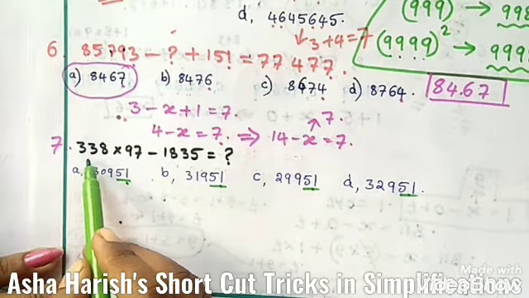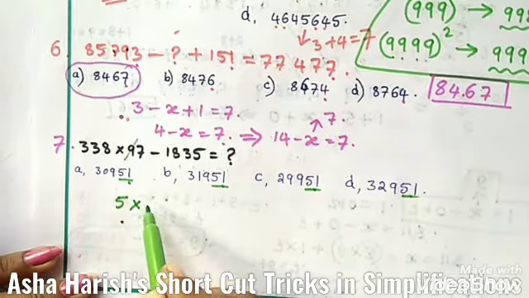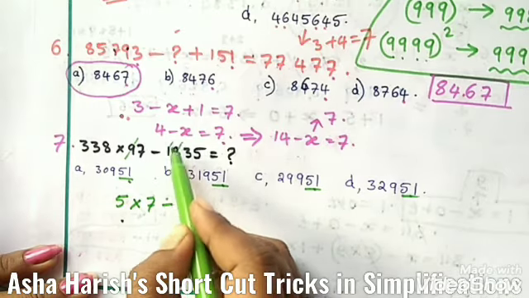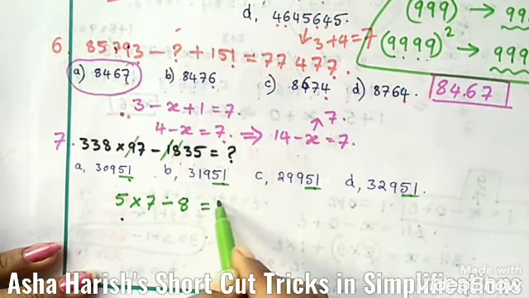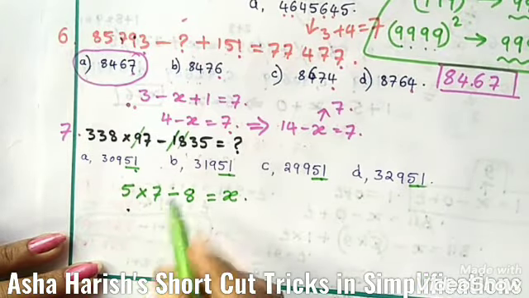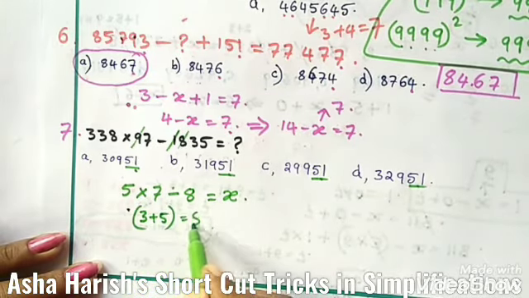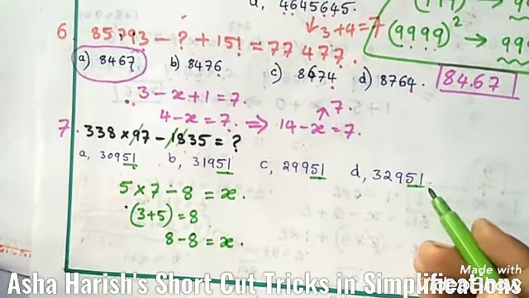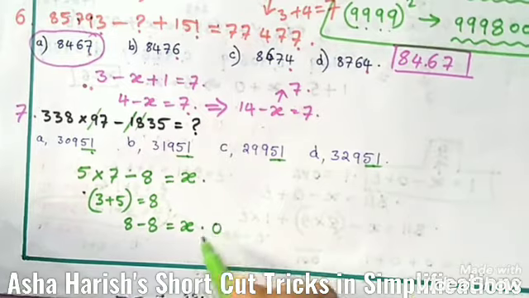8 plus 6. 8 plus 6, 14. 14 means 1 plus 4, 5. Into this 9 is eliminated, into 7 minus 1 plus 8, 9 is eliminated. Here 3 plus 5, 8, and is equal to x. Now 5 into 7, 5 sevens, 35. 35 means 3 plus 5, again you have 8. So 8 minus 8 is equal to x here. Now, so 8 minus 8 is 0.